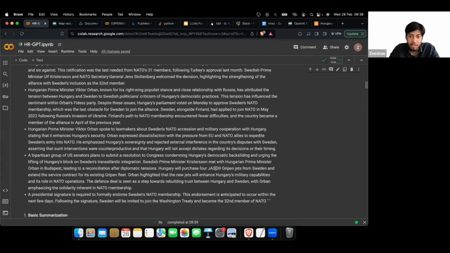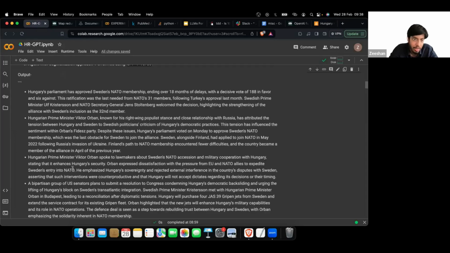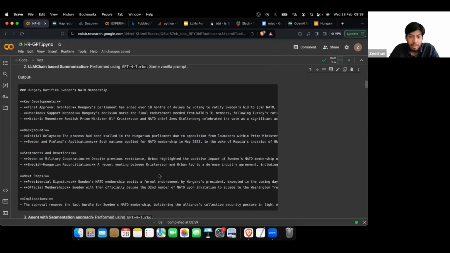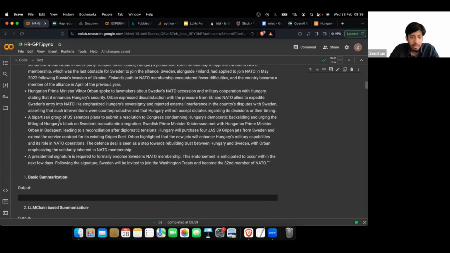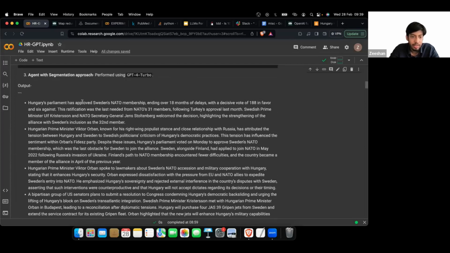We can see that the exact details are retained in this one: Hungary will purchase XYZ number of Jas Gripens. And these two summaries did not retain it, even though we did not explicitly say anything about whether to include or not include this sort of thing. So this is the summary produced by the agent.